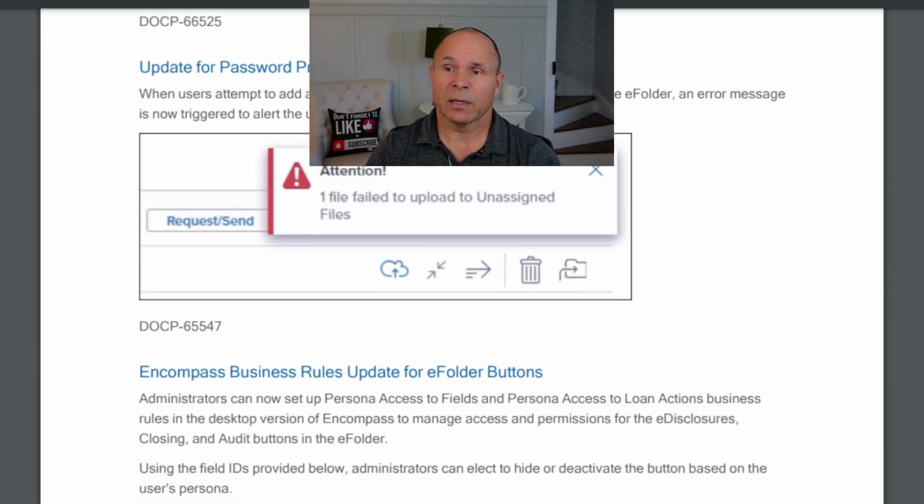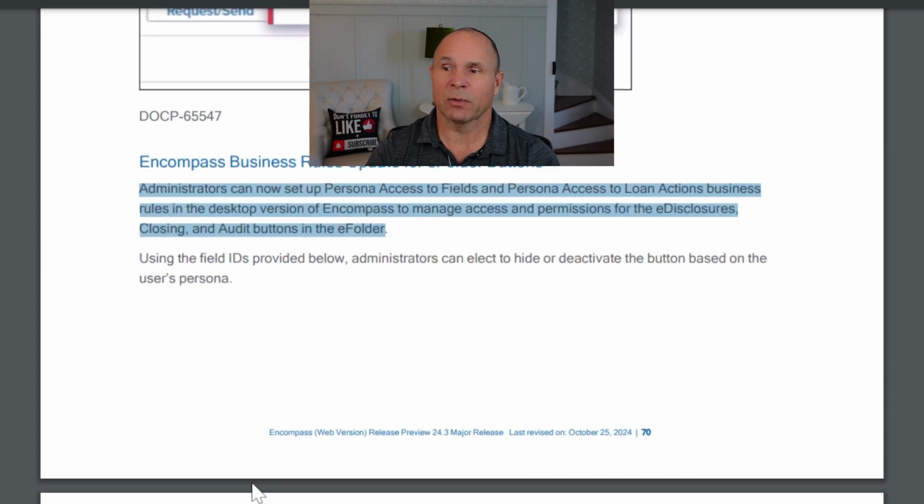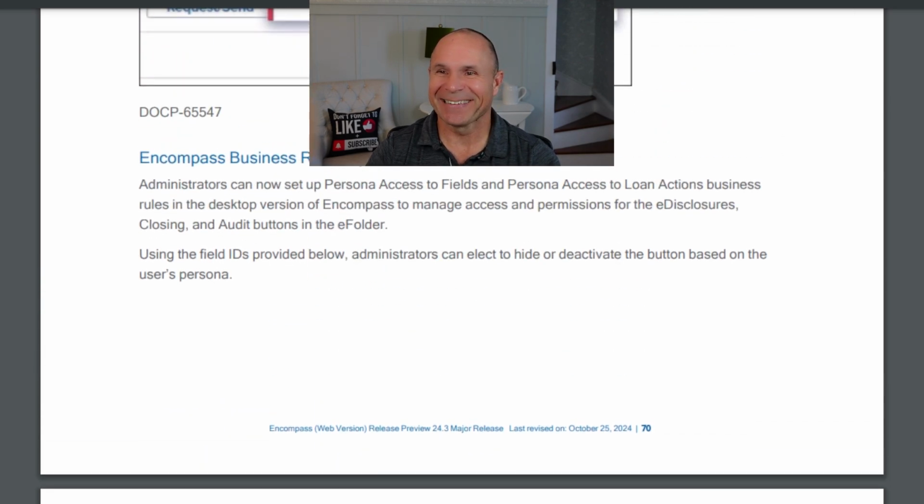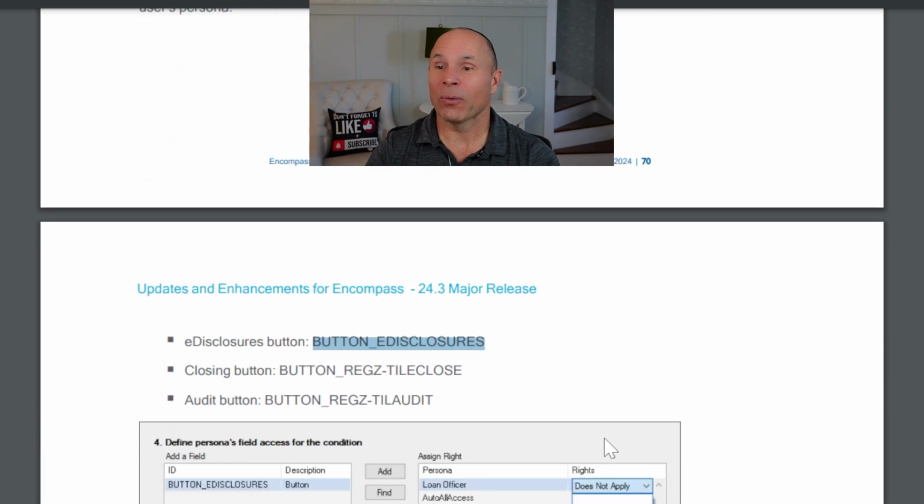To continue here, Encompass business rule updates for the eFolder buttons. So administrators can now set up persona access to fields and persona access to loan actions in the desktop version of Encompass to manage access and permissions to e-disclosures and audit buttons in the eFolder using the field IDs below. So we got new field IDs, gang. Wait, we don't have new field IDs. Wait, what? Encompass business rule updates. Wait, what does it say? Using the field IDs, administrators can select. Oh,